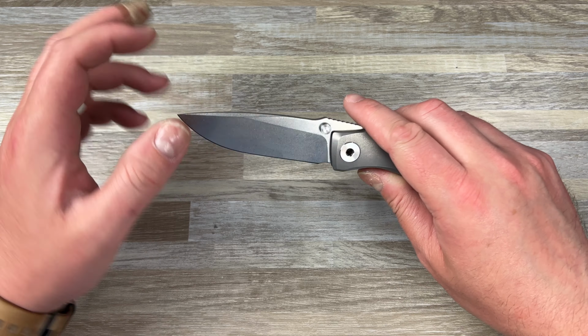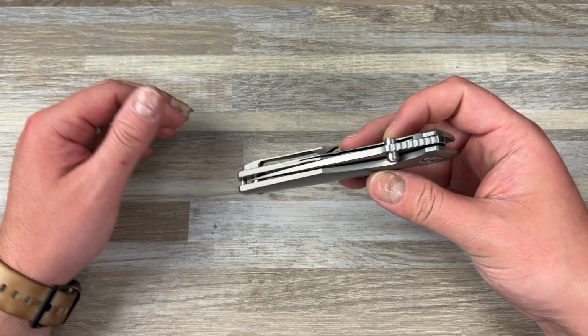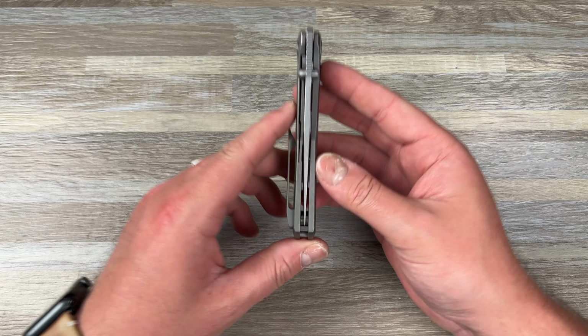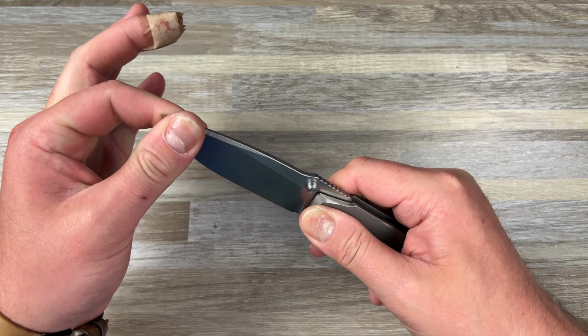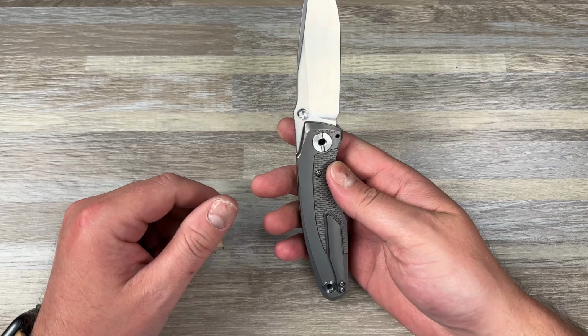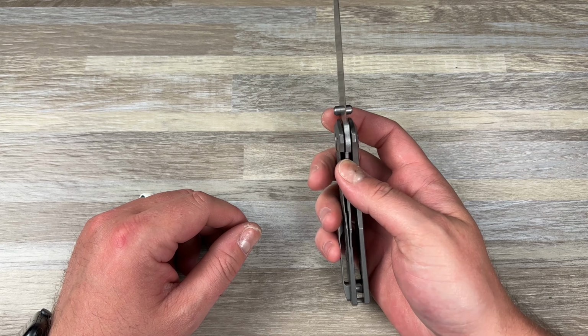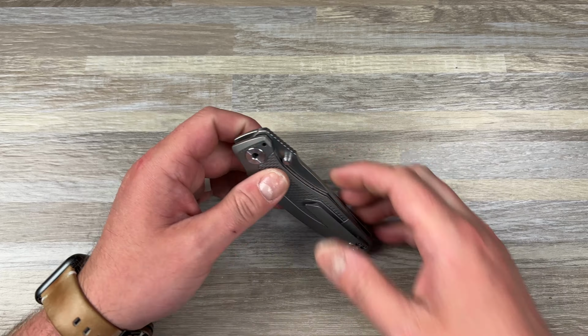You got a flat grind or saber grind, I guess. Interesting. It's a little off center. You see that? It's off center. Now we'll check and see if... No, it's tight. Spine check real quick. It's tight, so I don't think it's that. And I really am afraid to... Well...